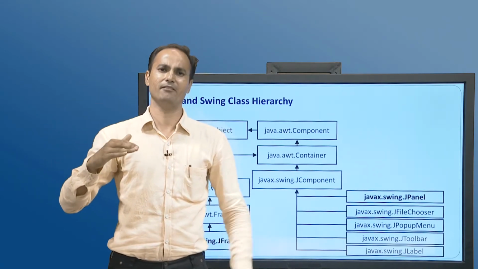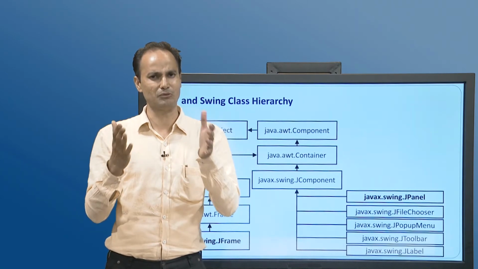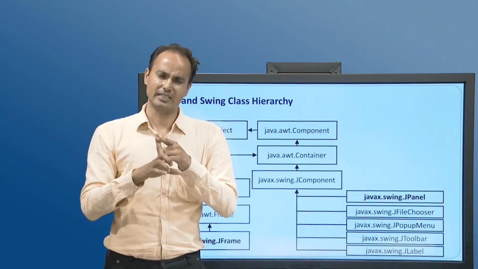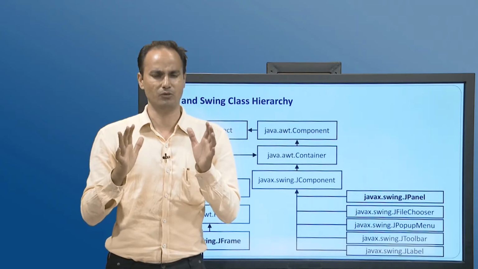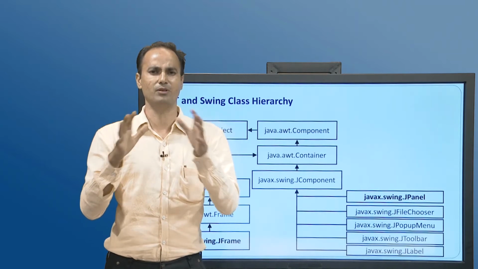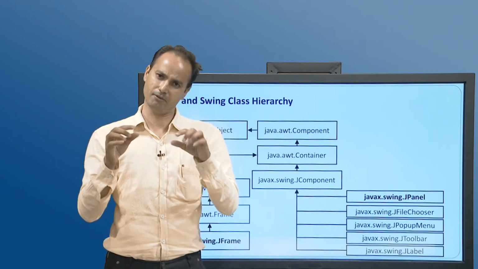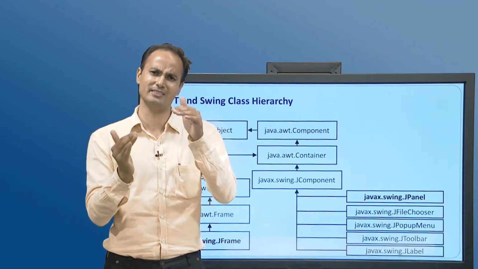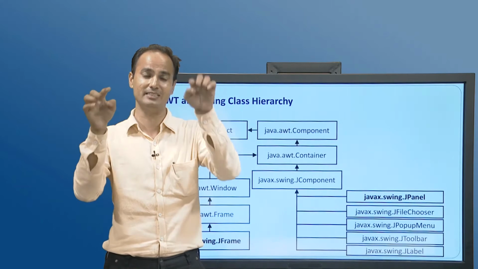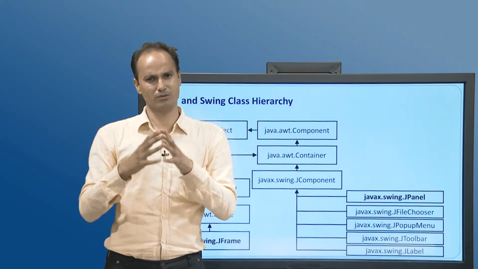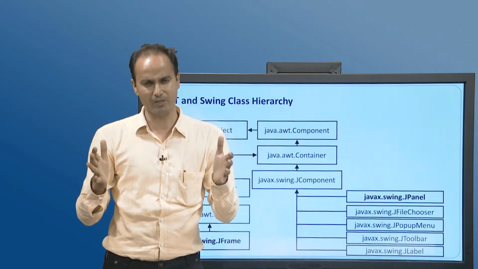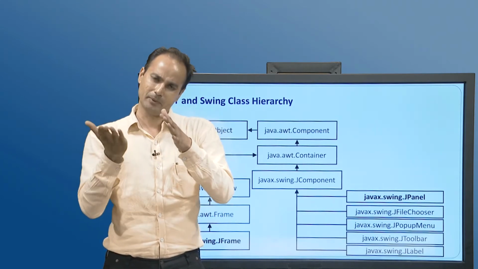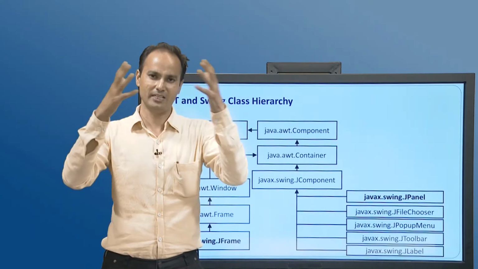Ultimately, whenever we are going to create Swing components, we will add all the components into a container, and that container will be a Frame. So we will use Frame as the main container for our GUI based application. We can use Panel also, but Panel will generally be used as a sub container to add the controls and arrange them in a particular way. So the developer has the option to use a Panel as a container and to add that Panel into another container, the main container.